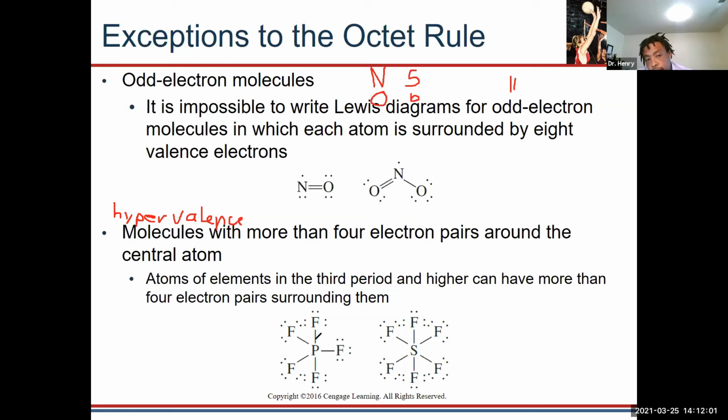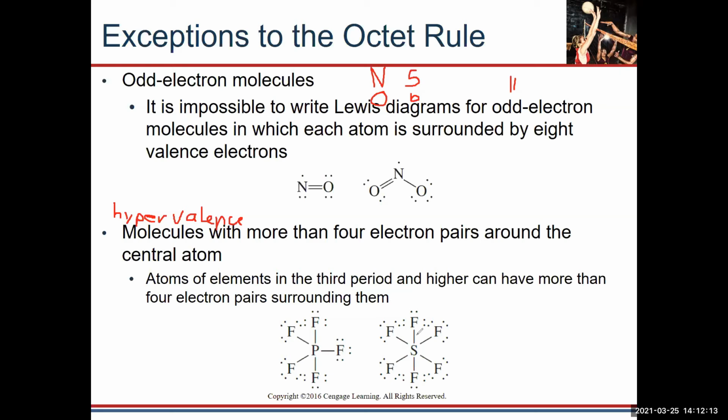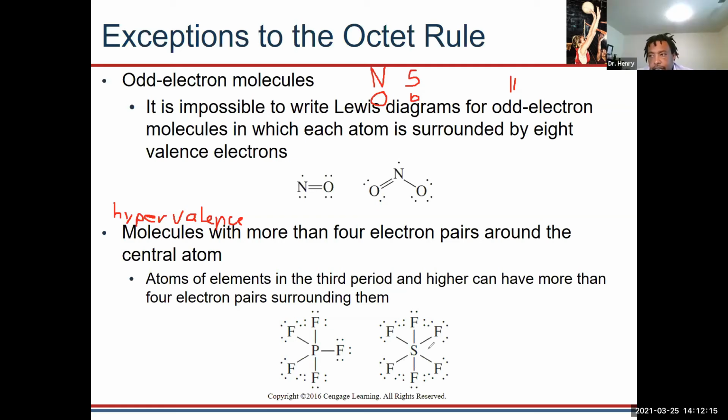How many electrons? 10. 2, 4, 6, 8, 10, right? What about the sulfur? 12. 2, 4, 6, 8, 10, 12. Okay. So hypervalence will actually happen because,